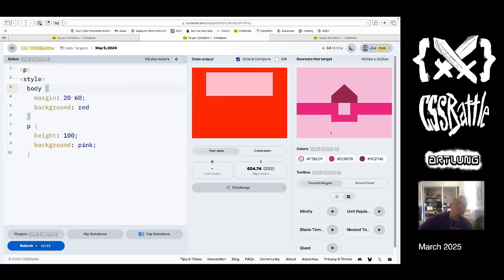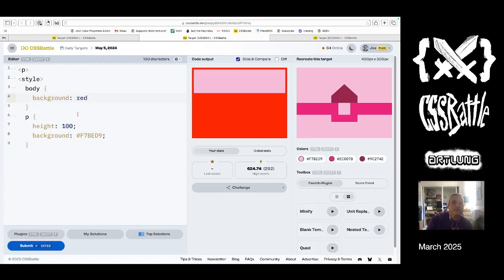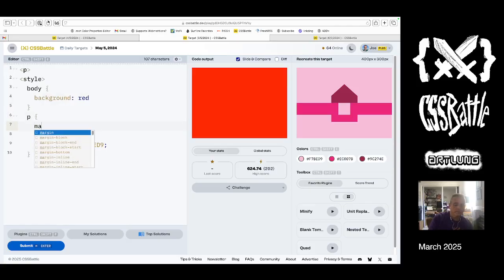So making a decision about what the plan is, I think, is good here. All right. First step. I think the background we're going to have be pink, and for the margins we're going to do nothing here and put margins on the element and do 60